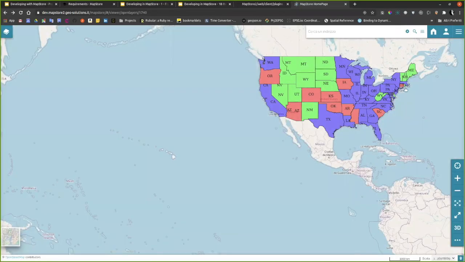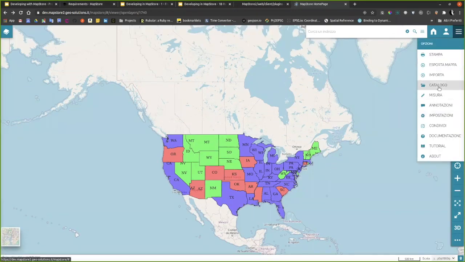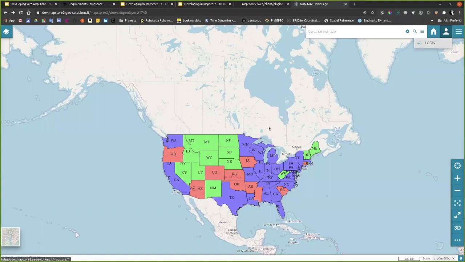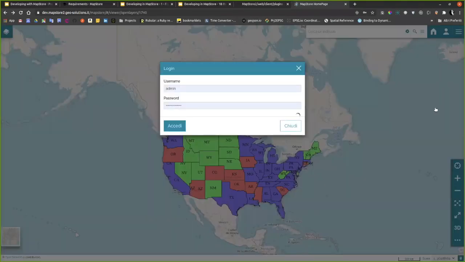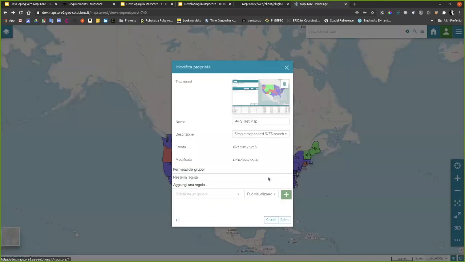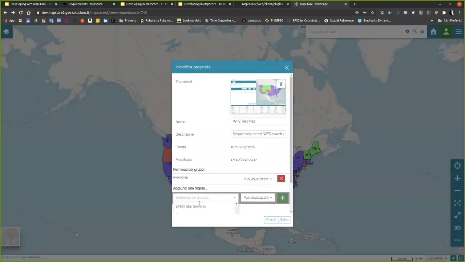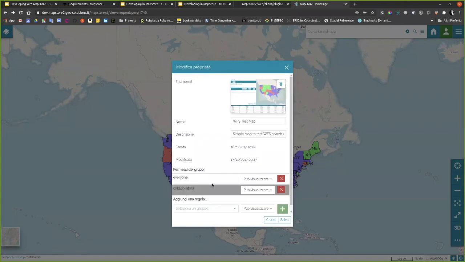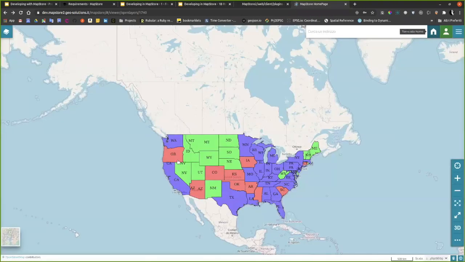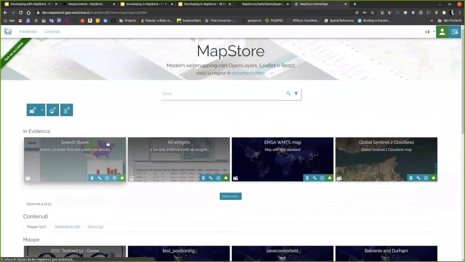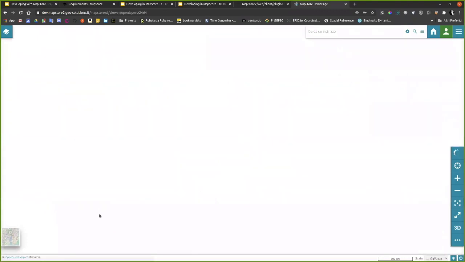And moreover, I can add more widgets and so on, and share these maps with my colleagues, saving them. For instance, if I log in, I can save the map and share with some user groups and so on. So I can, for instance, share with my collaborators and allow them to edit this map or only to view and so on. Maps are one of the contents in MapStore. The other contents are